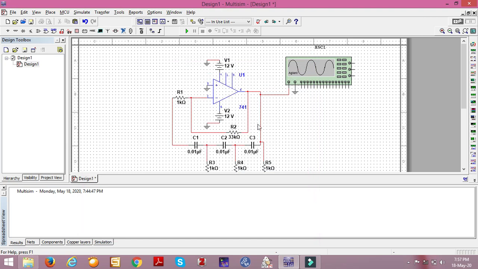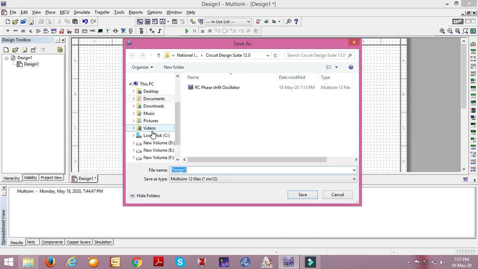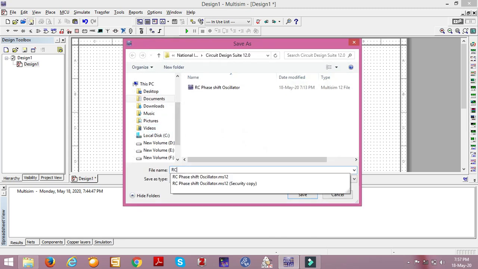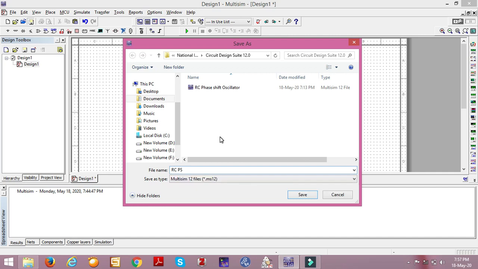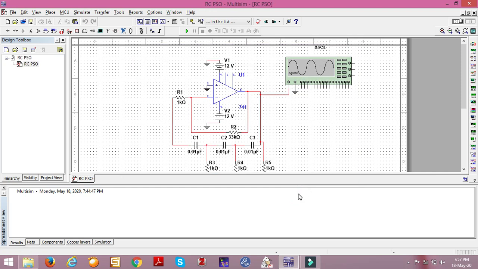This is totally done, and now it is time for output verification. You save the file. I will give the name RC phase shift oscillator. The expected output will come as per the expectation.